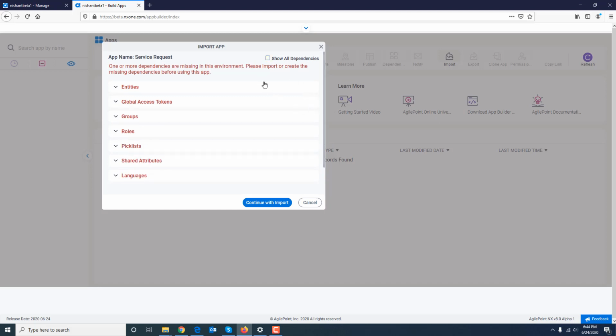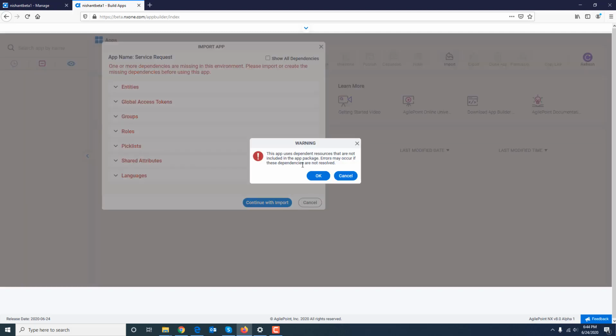Now, as a person who is moving these applications, I have an option that I can say continue with the import, and I'm going to fix this dependency after I have done with the import, or I can just cancel out of this thing. So if I say continue with the import, it is going to give me a warning that I'm doing this and errors may occur if I publish this application. I'm going to just go ahead and click OK,